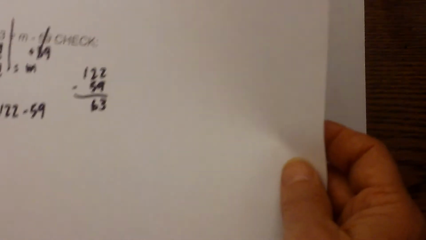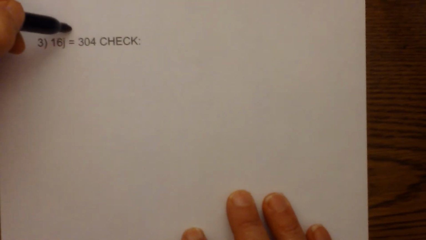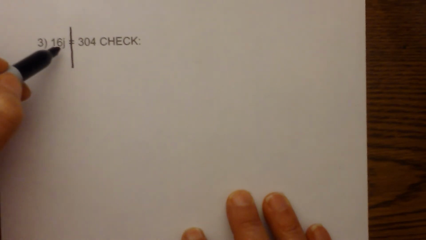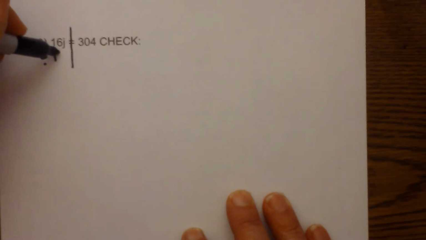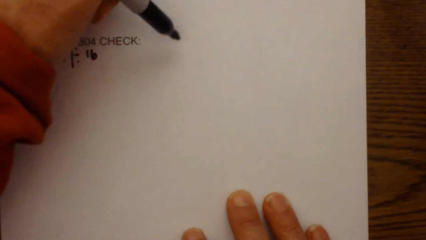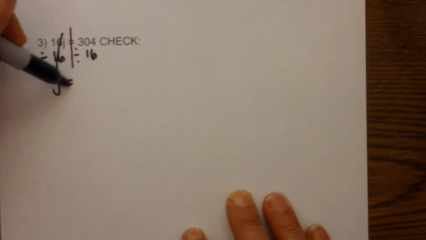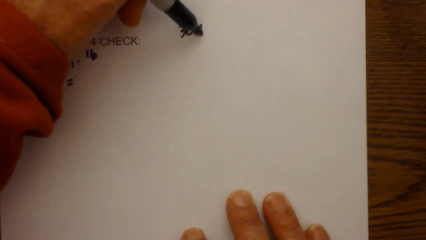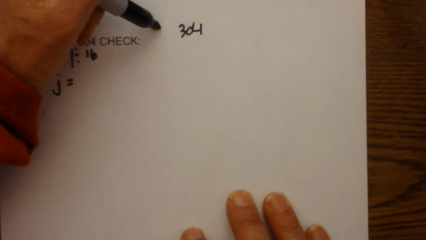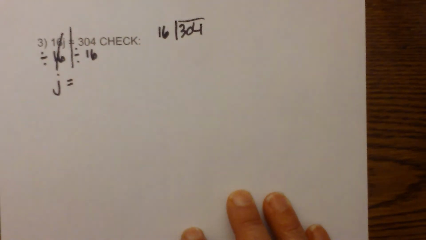So it is correct. Now these next two have multiplication and division, and it's the same thing. Step 1, I'll draw a line down the middle. Step 2, I'll identify my operation. It is multiplication, so I'm going to do division, divide by 16. So I'm going to divide by 16. So I'm going to move this over here. These two eliminate, so I'm left with j equals 304 divided by 16, equals,